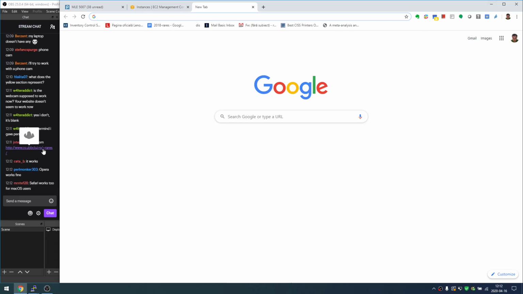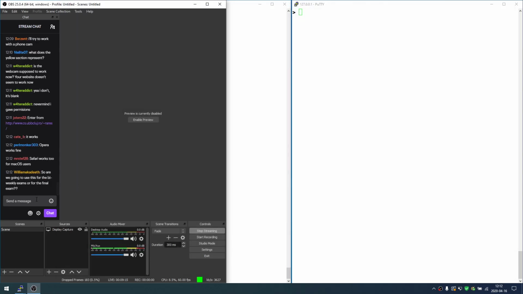Okay, this is a good point. You have to go HTTPS. If you just go HTTP, I believe it won't work. So you have to go to the secure version of the site. HTTPS should do it. Yes, this is what we're gonna use